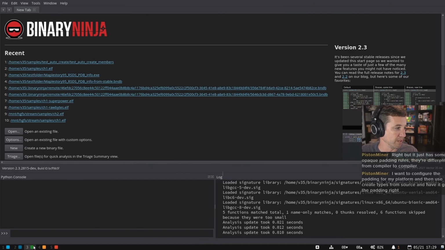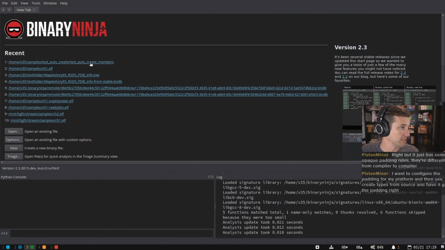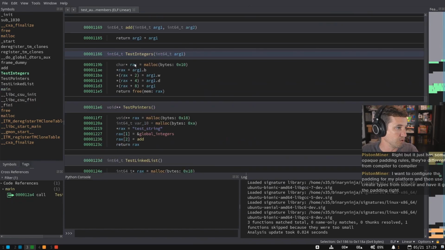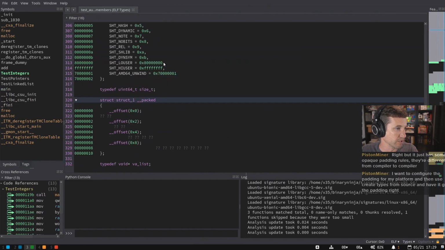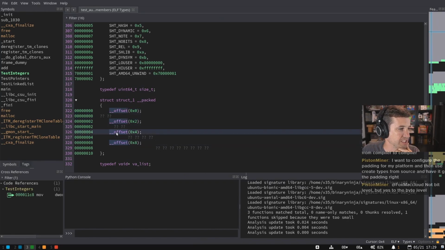If I'm on Windows 3, I'm on a dev release, and if I'm on Windows 4, I'm on this test build. The test build has the new auto struct stuff. So if I try the same binary, create a structure there, and then go to the types view, these offsets do have cross references, right? So I can see them because there are cross references there.